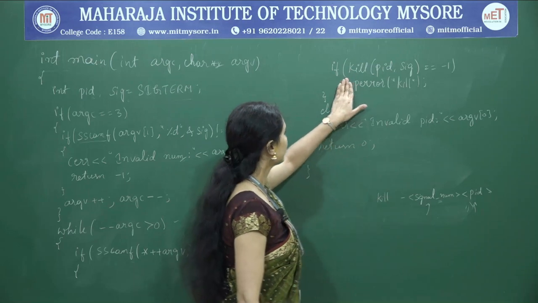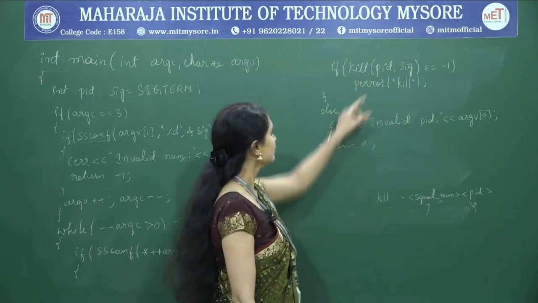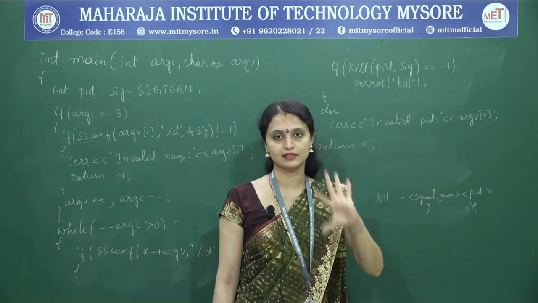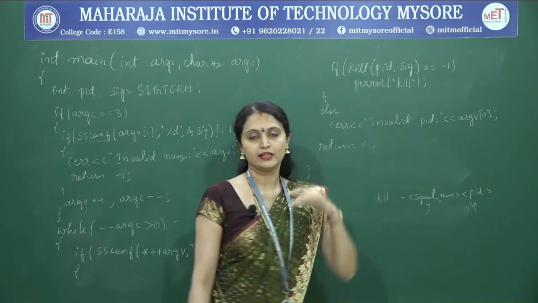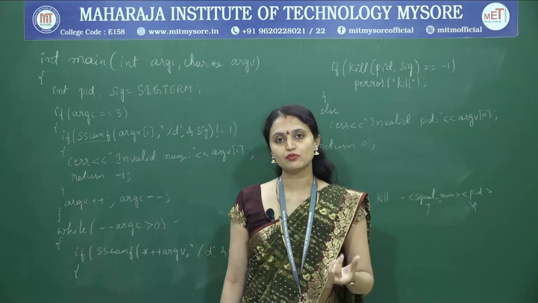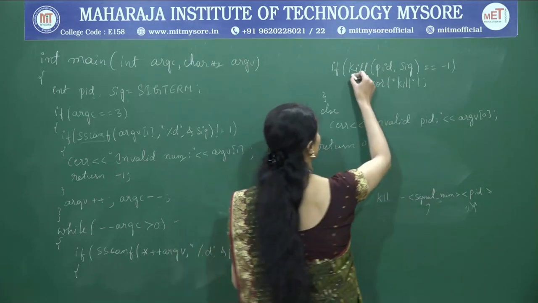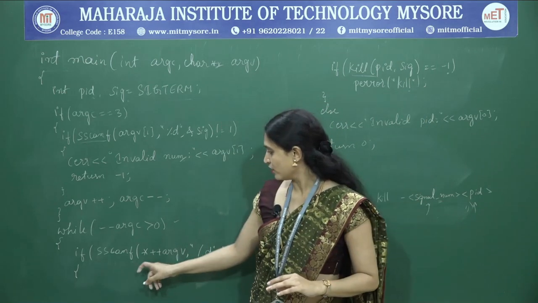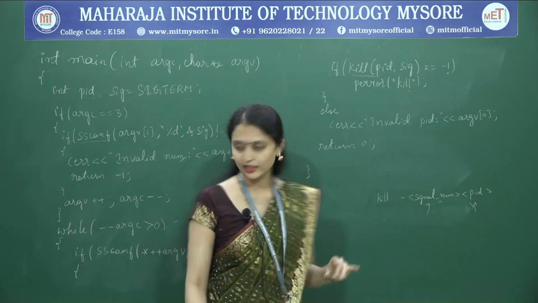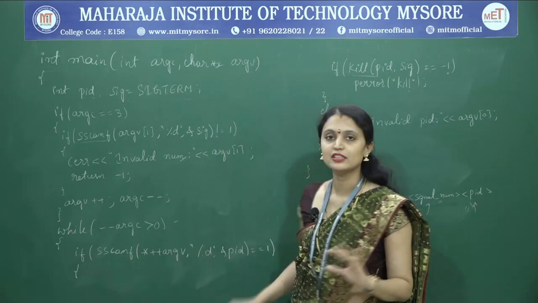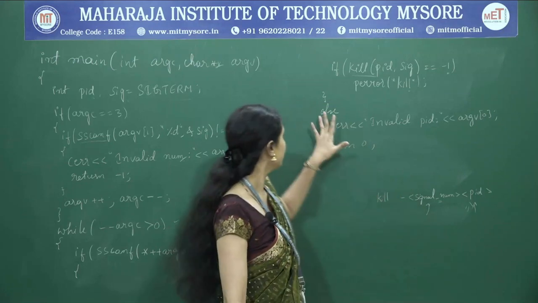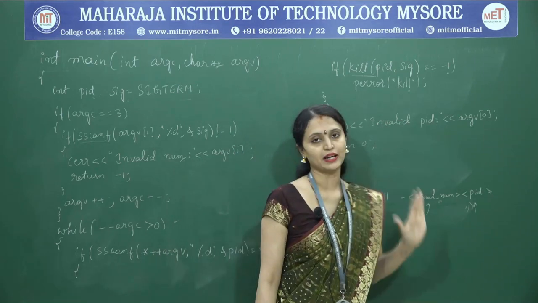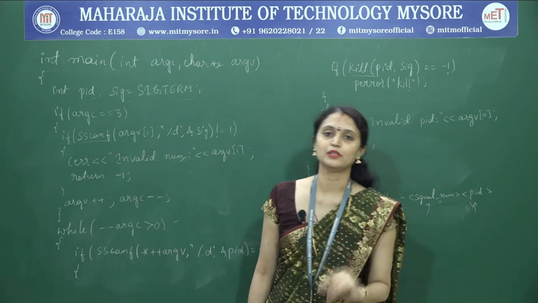So what I am doing here, we are calling the kill API, saying that for this particular PID call this SIG. So I am invoking this kill API. Kill will return 0 if it is executed successfully, -1 if there is any error. So I am just checking here. If this is returning -1, I am printing perror kill. So this is for the sscanf function. Suppose there is some error with sscanf, that means while reading this PID there is an error, I am printing the error message in the else part, saying invalid PID.